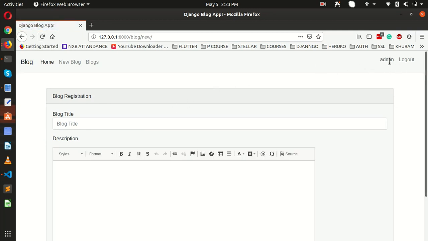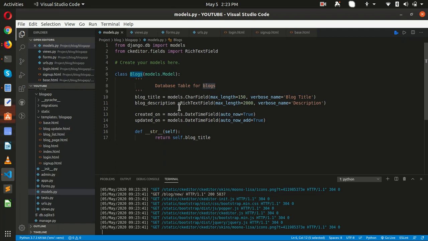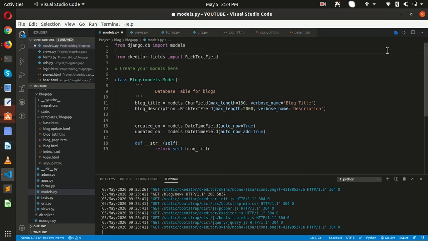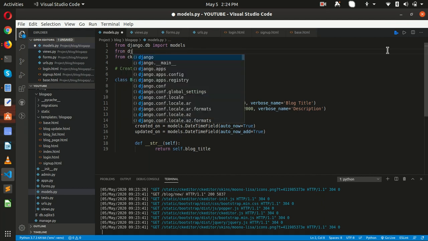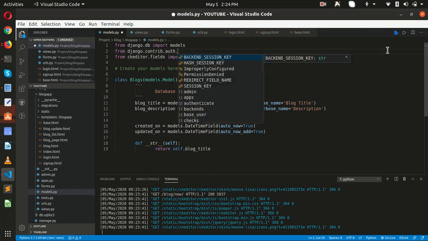So guys, that's it for this, and now we are going to just add more functionality. So right now we don't have any field where we are going to say that this is our current logged in user. So for that what we are going to do is, we have to import from django.contrib.auth.models.